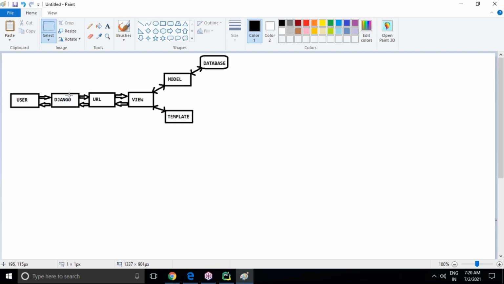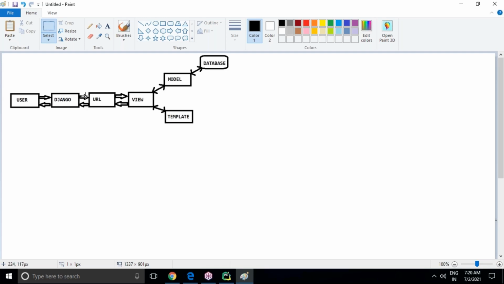Immediately the Django server takes the request and finds the URL for which the user is sending the request. The URL is nothing but the page for which the user is sending the request.